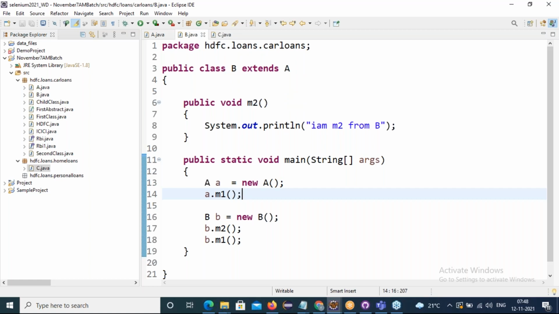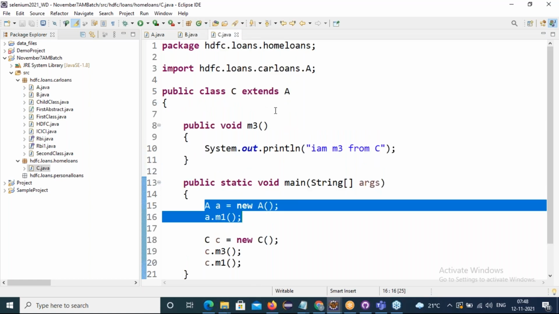Class B extends class A, and if I go to class C, class C extends B, then in that case, are the inherited properties of B, whatever B extends from the parent, carried forward?